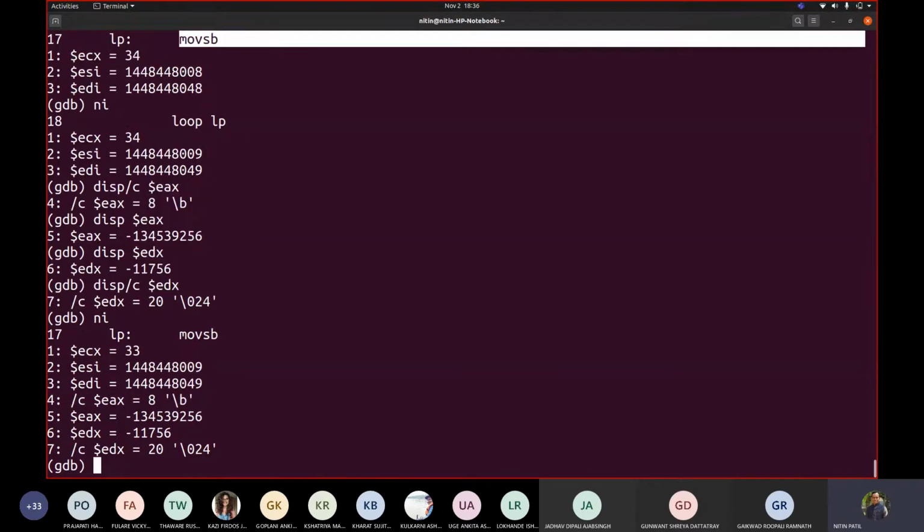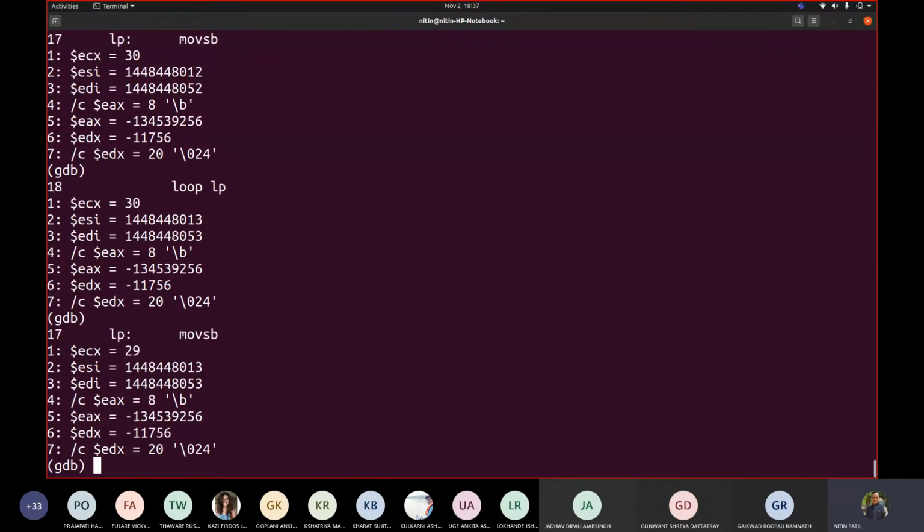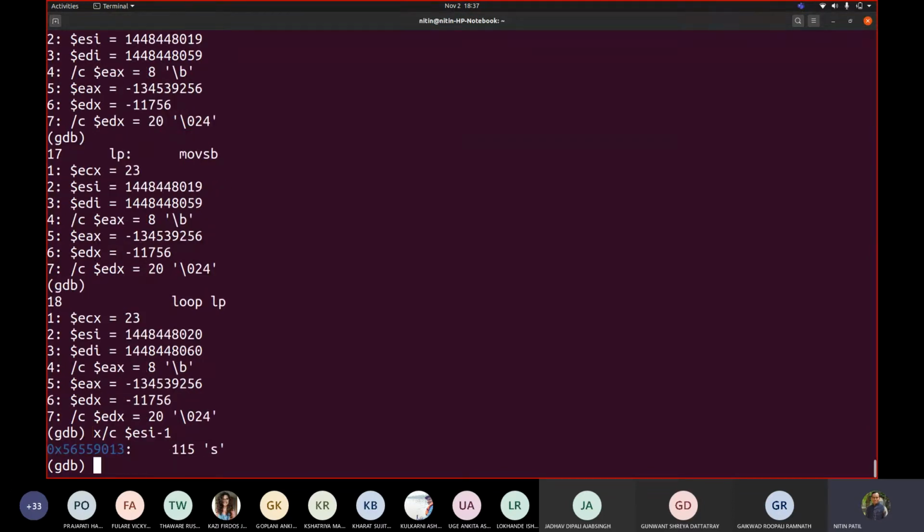So NI. Fine, NI. Now you can see that ECX, because of the loop instruction, is getting deducted, correct? And the string is getting copied one by one. So if I say x/c $ESI-1, that was a character, yes.